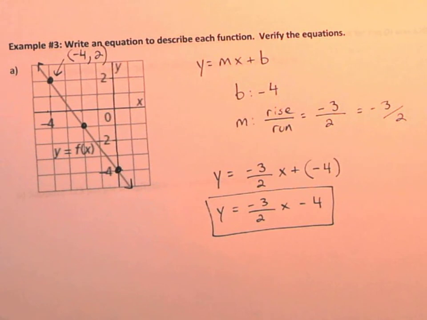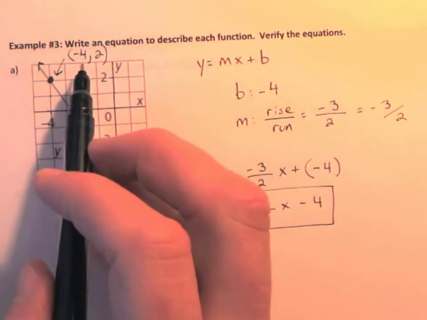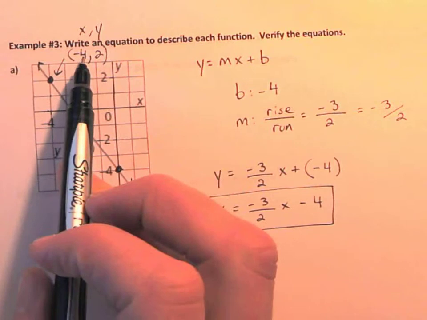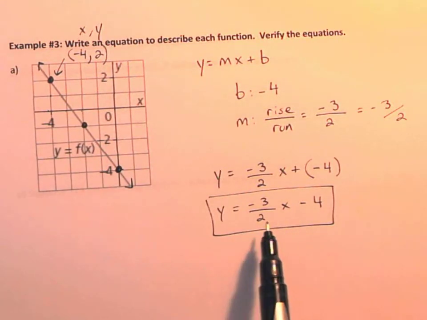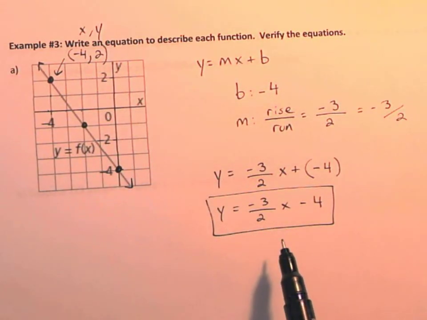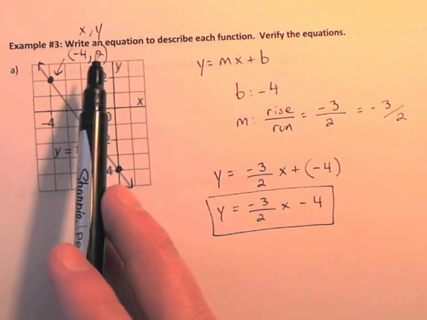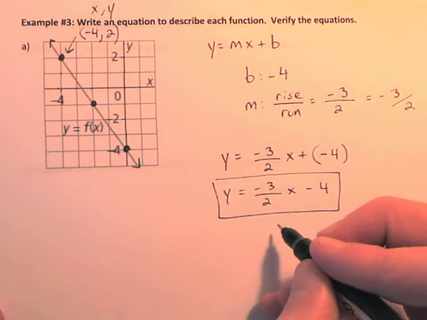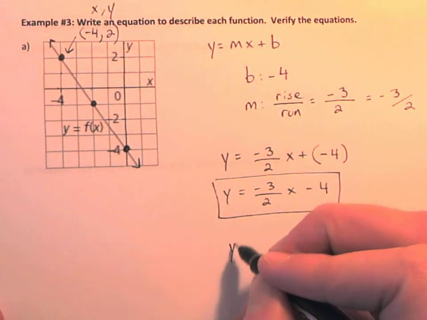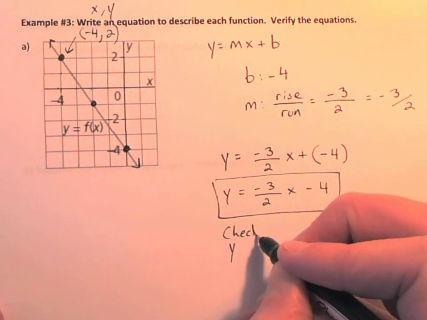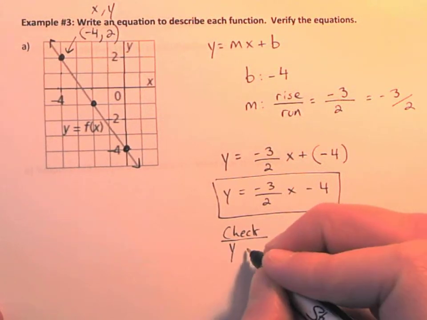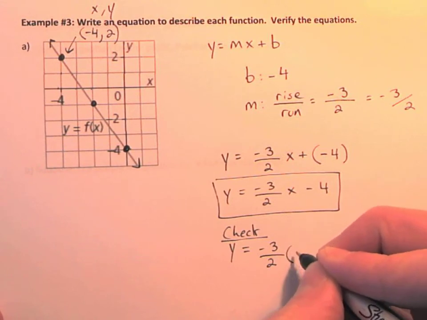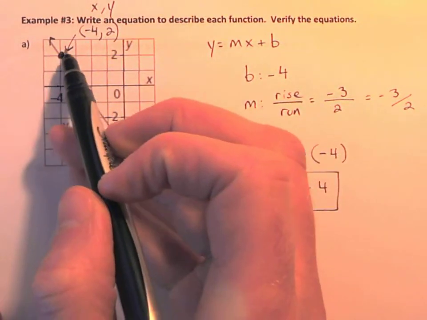Since it's x, y, you plug those in for your x and your y, and you see if it is equal. Let's plug in that -4 for our x. So we're checking: y equals -3 over 2 times our x value for this point, which is -4,